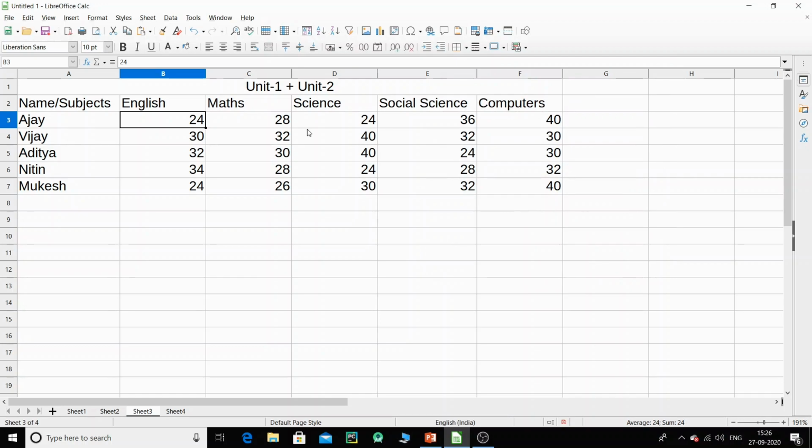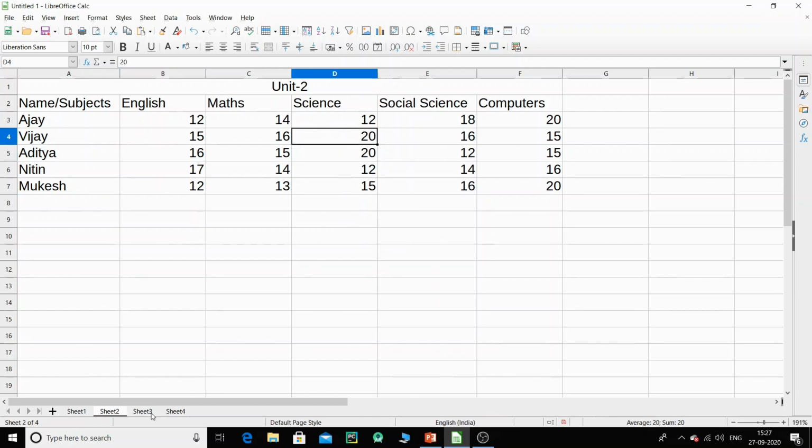The moment you click on OK, what is going to happen? You're going to find the result, that is Ajay is 22 out here. So if you go to sheet 1, that is 12, and sheet 2 is also 12, so that makes this as 24. And similarly you can have any total, so it will be the perfect total. So this is 20 out here, and you can see that is 40 and 40 out here, right? Since I had the same data, so that's just a double of it.